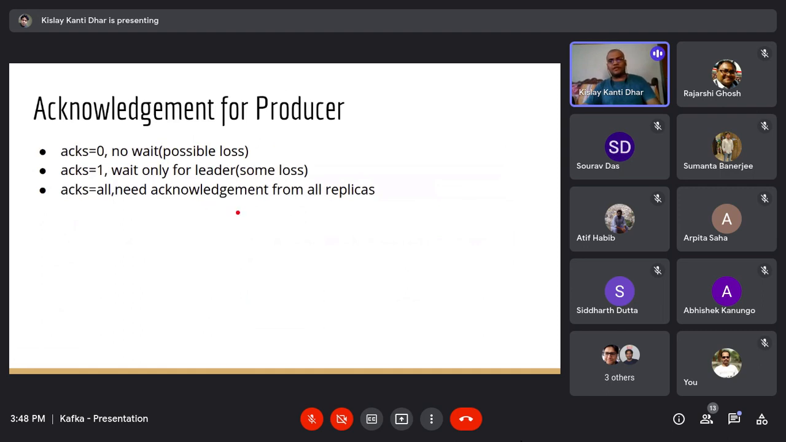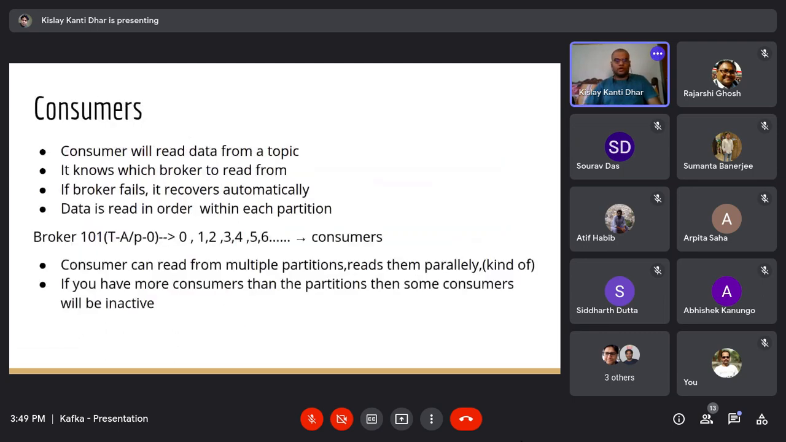You have that thing after version 2.3 or 2.4, I'm not remembering the number exactly. After version 2.3, 2.4, it has started. So yeah, this is for the producer, and similarly, consumers are for